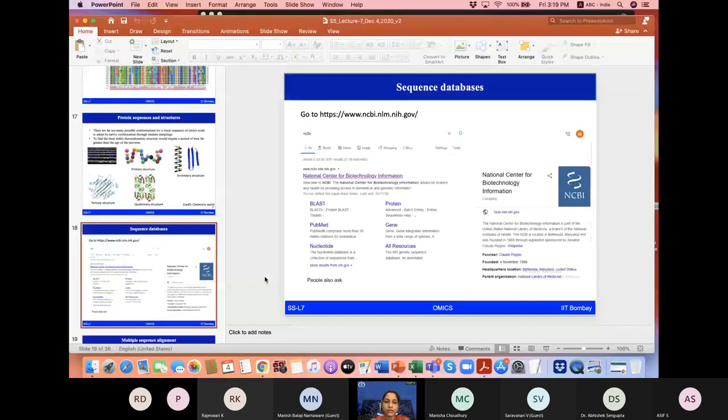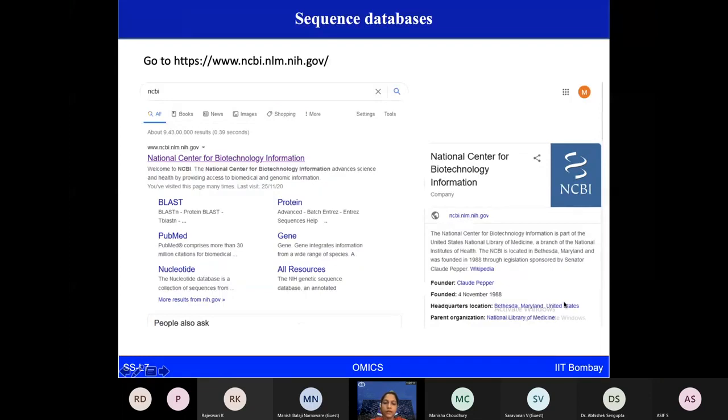I hope we can make this a hands-on session. If you are all connected to the internet, you can go to Google, type NCBI, and see how the web page looks.